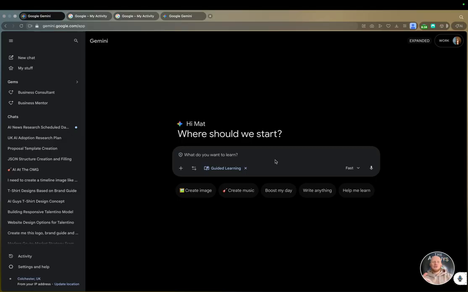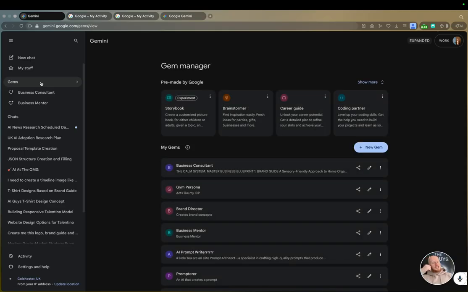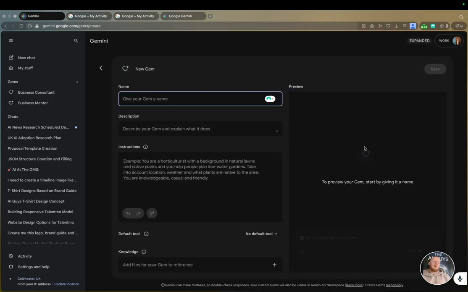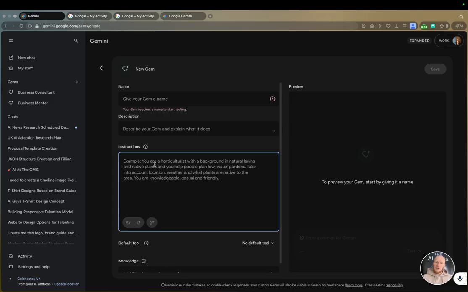Okay, so we sort of walk through some of the key features available directly within Gemini. We're going to dive into how you use some of those and prompts separately. And then I'm going to talk to you about gems. So as I mentioned before, a gem is basically a set of instructions that you are going to give to Gemini, and then it will open up a chat within Gemini that does that same thing over and over again. And you can give it a description, you give it the instructions, and a really cool thing is